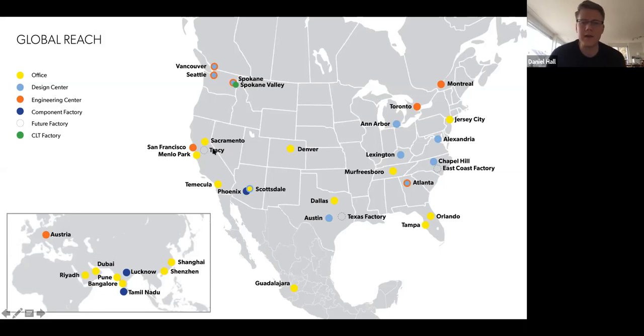Their Tracy factory here is actually done and opened. I forgot to include a picture; I have one outside. They didn't let me take any pictures inside, but I got to tour their factory about a month ago. And it was really interesting to see. It's very much a work in process, but it also has more advanced manufacturing equipment and robotics than I've seen anywhere else in any factory I've ever been to. So there was some good and some bad there. There's a lot to be done, but they're definitely very ambitious in how they're trying to do it.